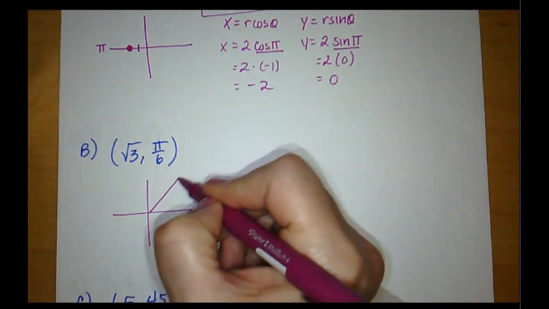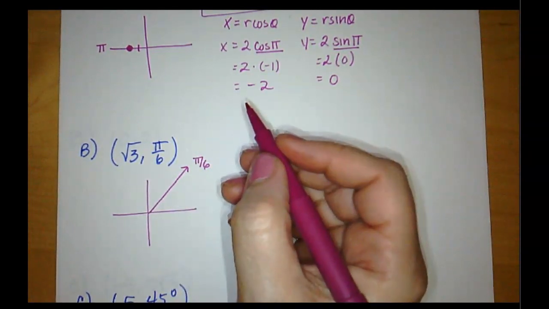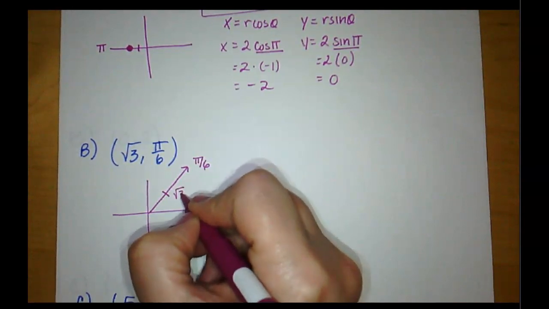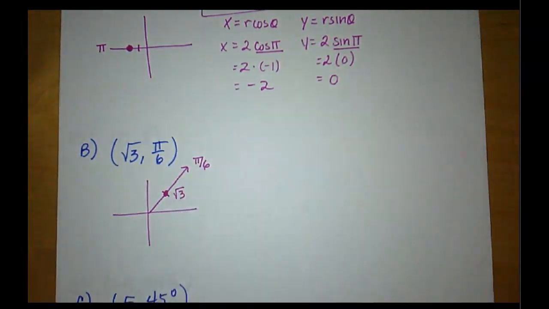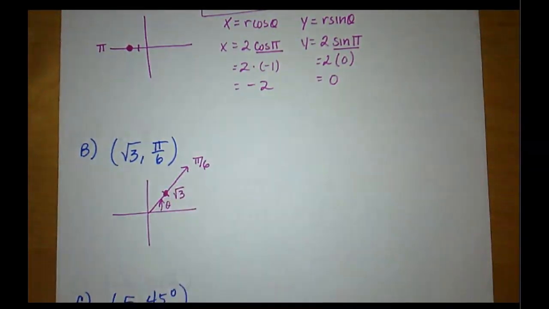So pi over 6 is going to go this way. That's where my pi over 6 is. And then I'm going to go down to root 3. So that's where my point is. Okay? So remember, this is your theta that we were talking about, your directed angle. Well, this one isn't quite as easy as a quadrantal angle, so I am, in fact, going to use my